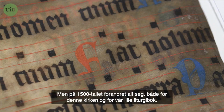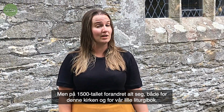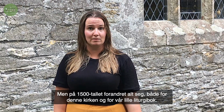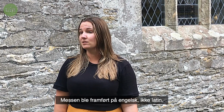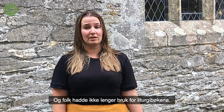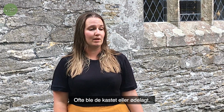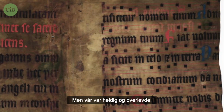But in the 1500s, everything changed, both for this church and for our little priest's book. At the Reformation, the Catholic Church was no longer the state religion of England. Mass was said in English and not in Latin, and people didn't need priest books anymore. So a lot of the time they were thrown away, or they were intentionally destroyed, but ours was very lucky